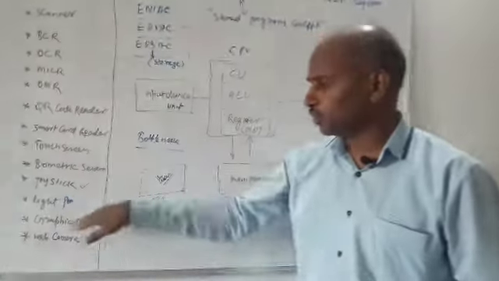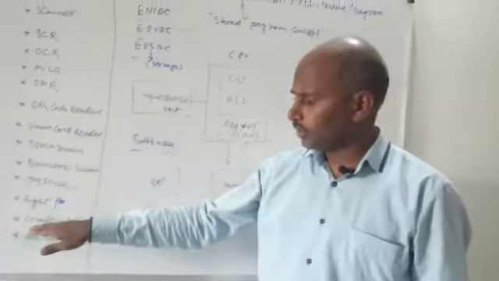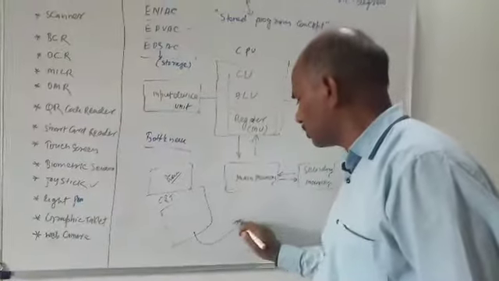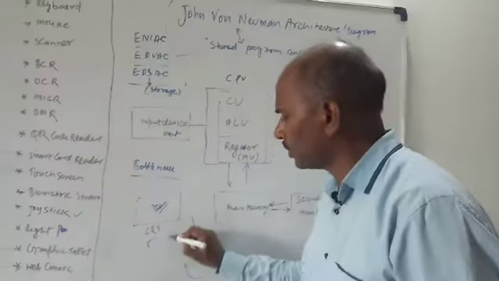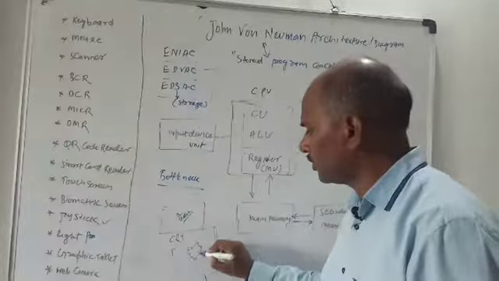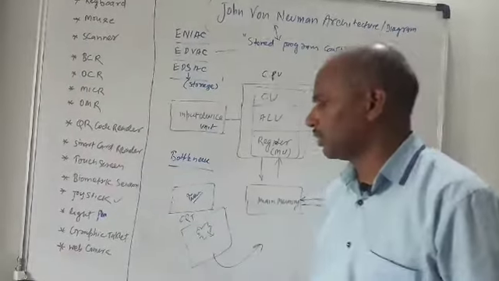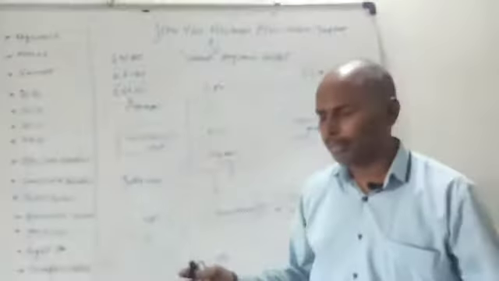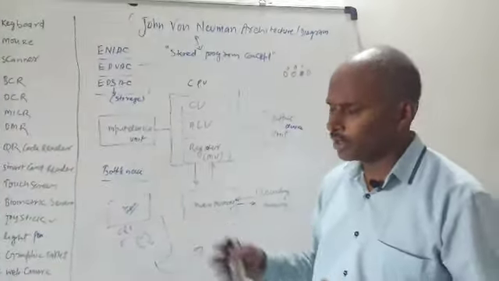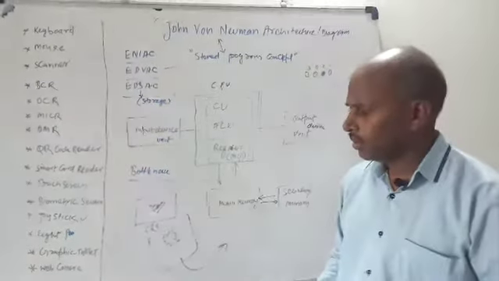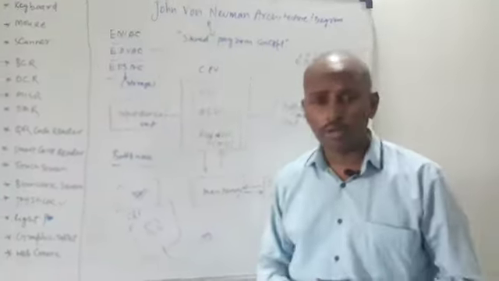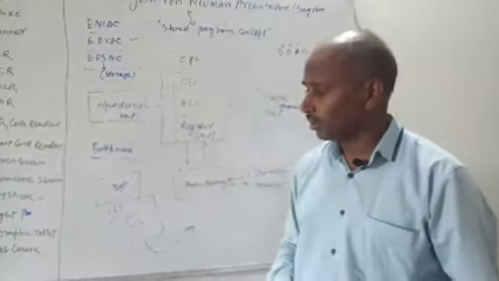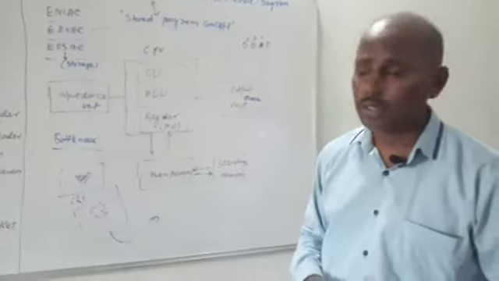Graphic tablet, it is used for engineering design. A graphic tablet looks like this. It is connected with the CPU, and when we make something, suppose this, it will be captured by the graphic tablet. And web camera, as you know, is used for making video and conducting video conferencing classes, and during the lockdown period, this was very important for teachers and students for enjoying online classes.